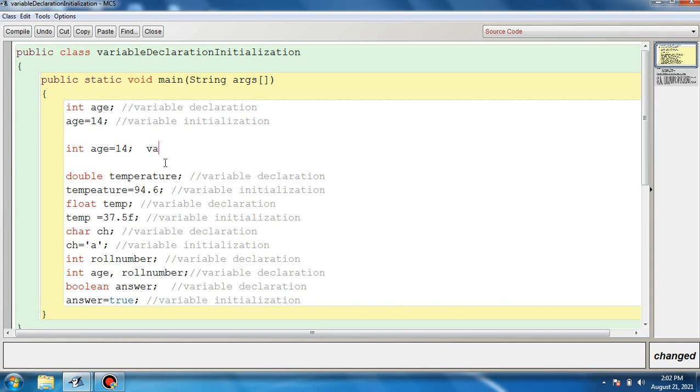Here in this single statement, variable declaration and initialization is done in a single statement. Remember this, variable declaration and initialization is done in a single statement.